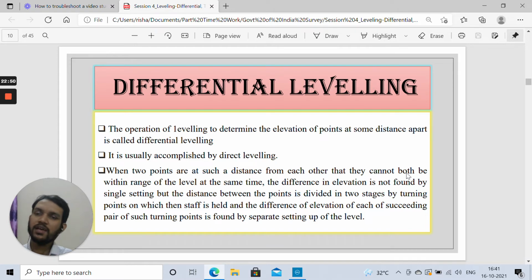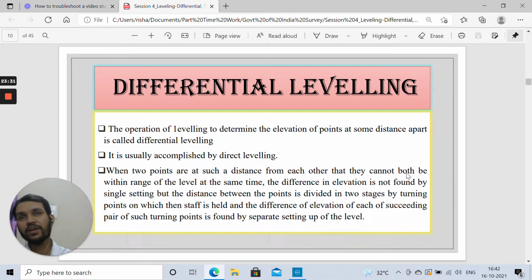Suppose there is a particular station A whose reduced level is already known to us, and this we have considered benchmark, and B is another station whose elevation we are required to compute. Since we have to do the differential leveling between point A and B, we mount our instrument at a suitable place in such a way that both the stations should be exactly visible to us, and they should not be very far away from the point where we have installed our instrument. We can take any firm ground, any surface that we think is level, to fix the tripod. We can install our tripod and fix our auto level on it.